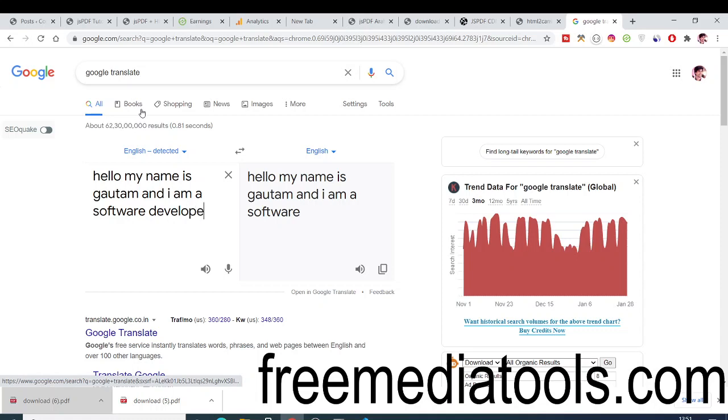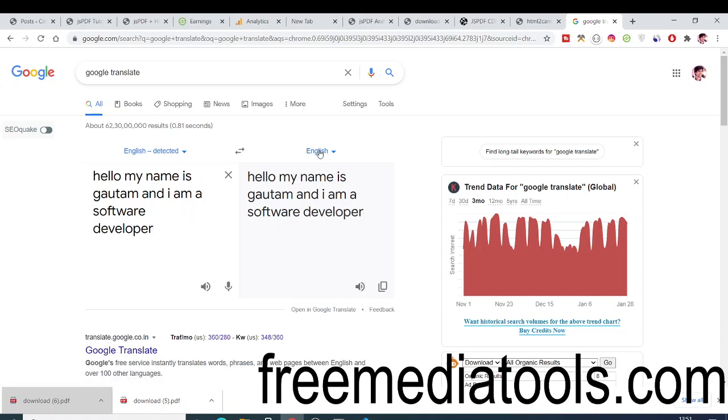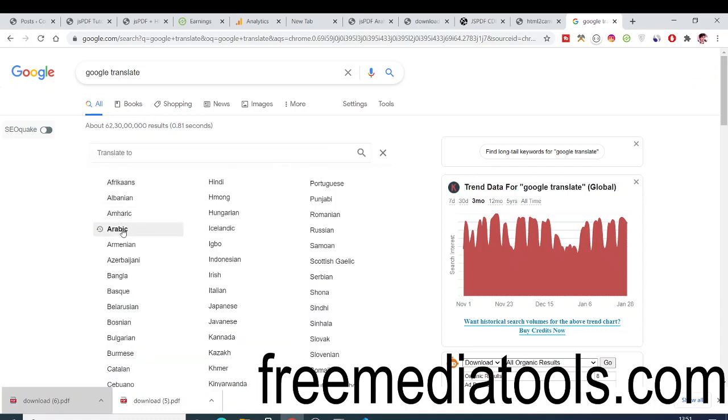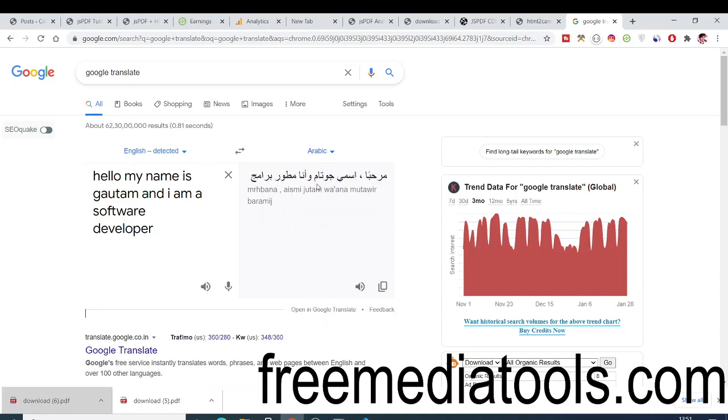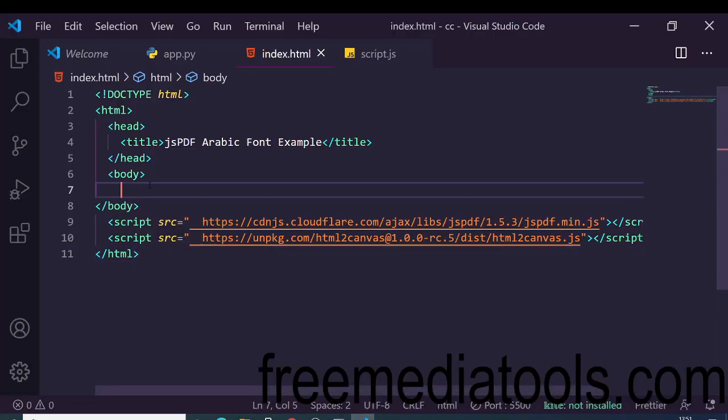I write these lines here, and now you just change the language from English to Arabic. Here you can see it has successfully translated these sentences. Simply copy this line here, and make a div, and inside this write the lines that you have copy pasted.